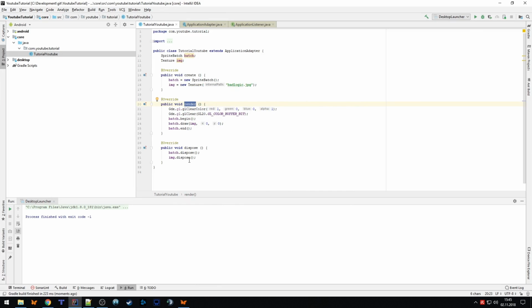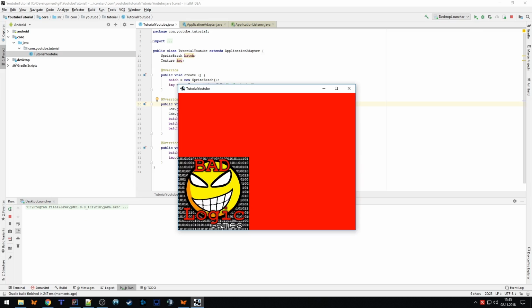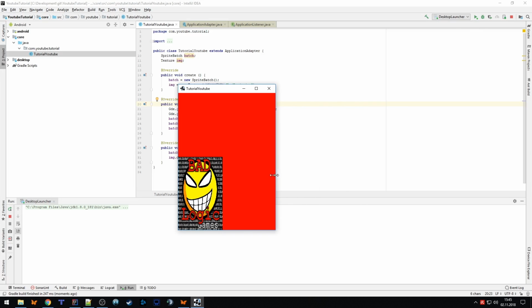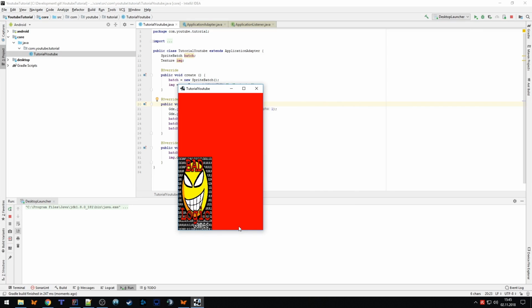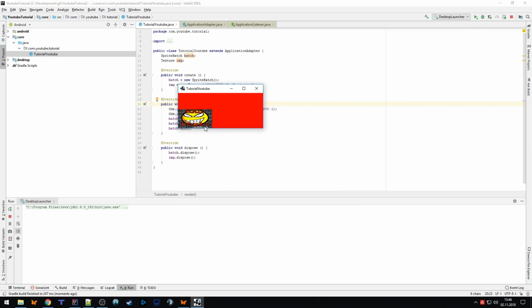We will learn a lot more about that in the future parts because that's not everything that you need to know about that. There are a few other important things. But one more thing that I want to cover in this part is the problem with the image that we see here. The logo here of the Bad Logic games kind of loses its aspect ratio when we resize the window. And normally for a game, I don't really like that.